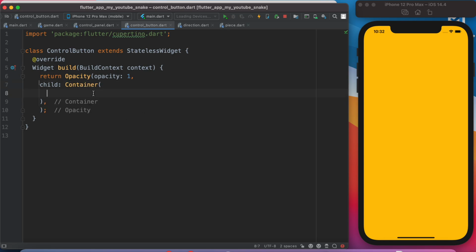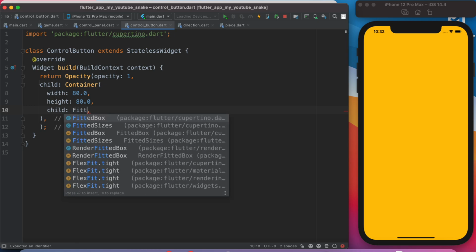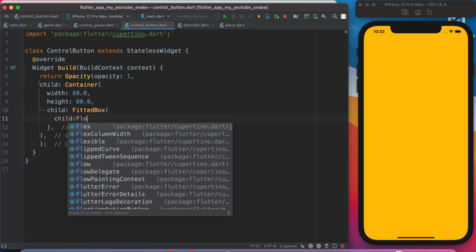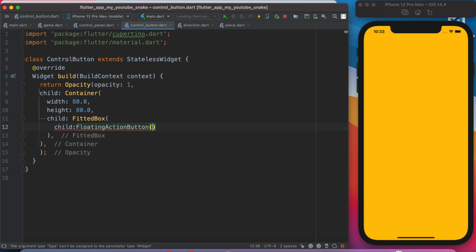And the container itself should have some width and height property, so let's go ahead and do it. Width say 80 pixels, and height say another 80 pixels. Okay, and what else? We can call another child, and for this child we can provide a fitted box, and within the fitted box we'll call another child, and within it we'll call the floating action